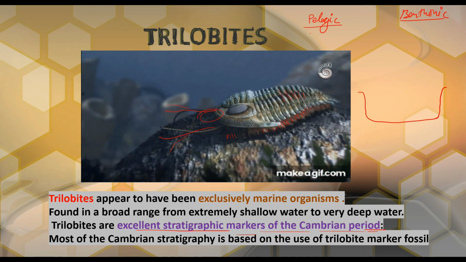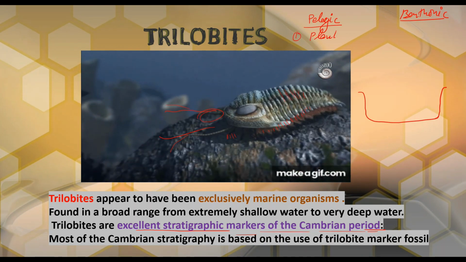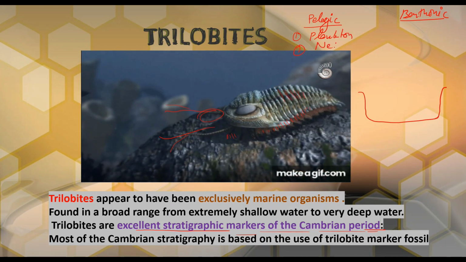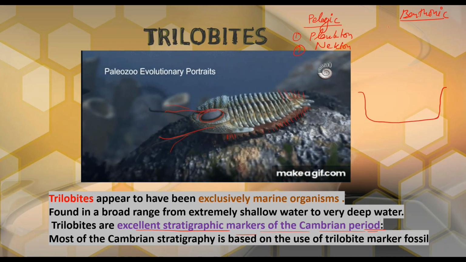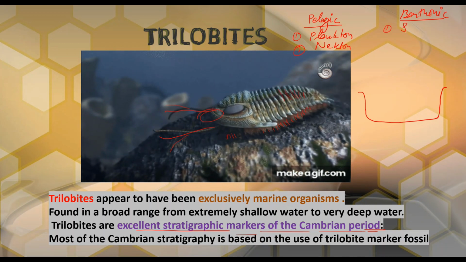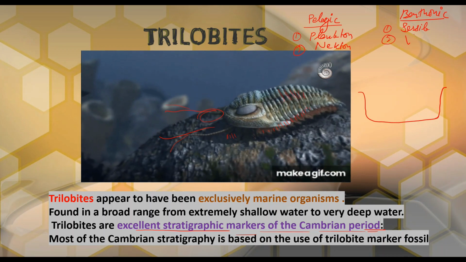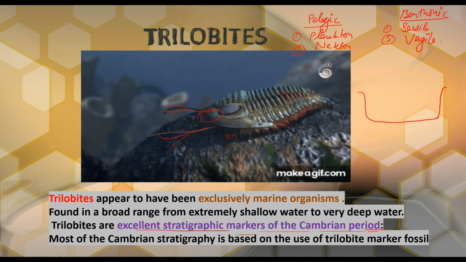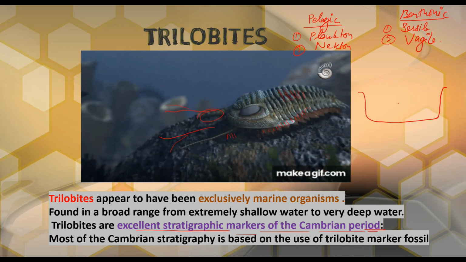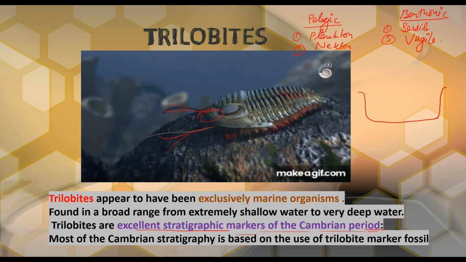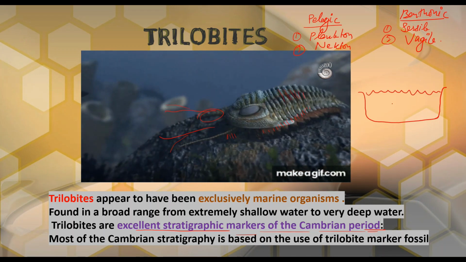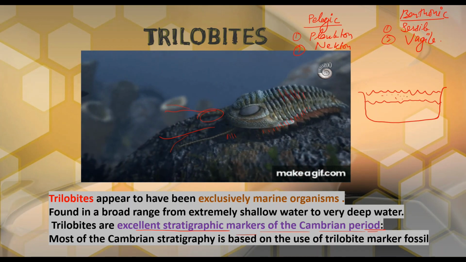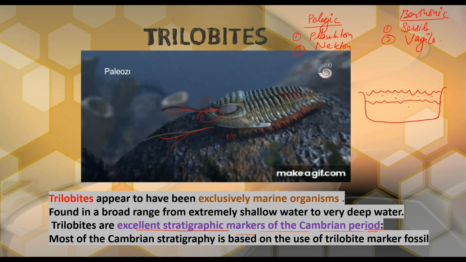Pelagic is actually divided into two: plankton or planktonic, and the second one is the nekton. And here in benthonic they are actually divided into two: sessile, and the next one is the vagrant or vagile. Both are the same thing, vagrant and vagile. So let's see first about the pelagic. Pelagic organisms generally live at the upper surface of water. Okay, this is the ocean basin and up to here is the upper surface. So the organisms that live here are generally known as pelagic organisms.